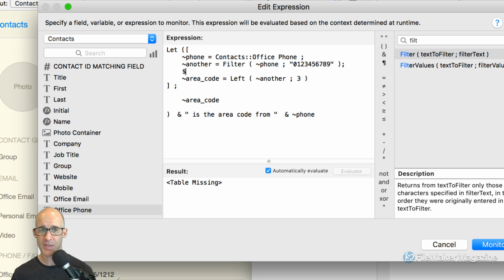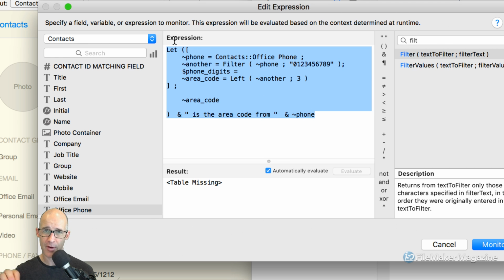So we'll put a $ sign here and we'll say phone digits. All right, now what we're doing is we're within the let function, which has this special ability, we're basically telling it, we want you to create something that within the context of this whole calculation, not just the let function, we want something to be visible outside of this function. It's going to be